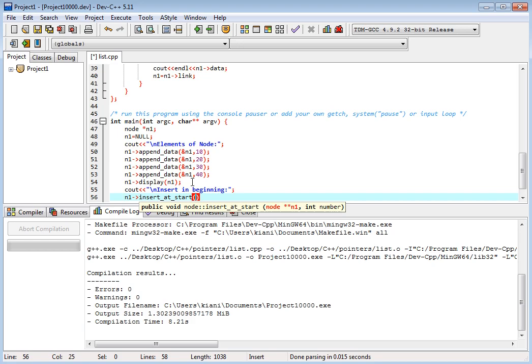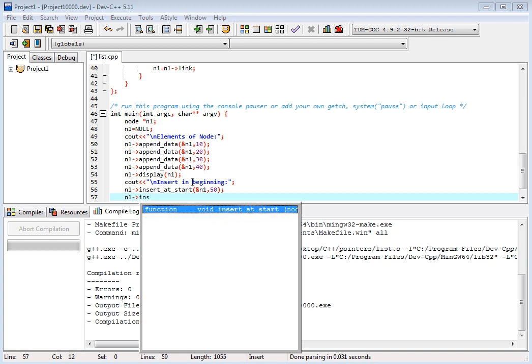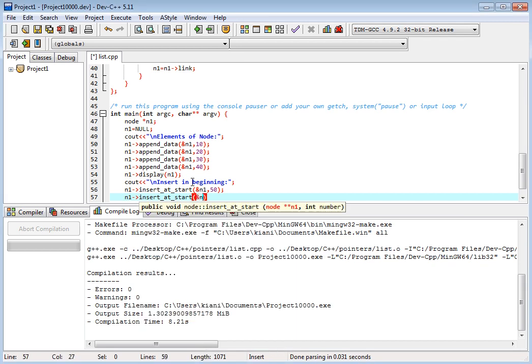We should have insert at start, and we will pass the address of n1, and we will have, for example, data 50, okay, and we have another n1 insert at start, and we pass the address of n1 and 60, okay.